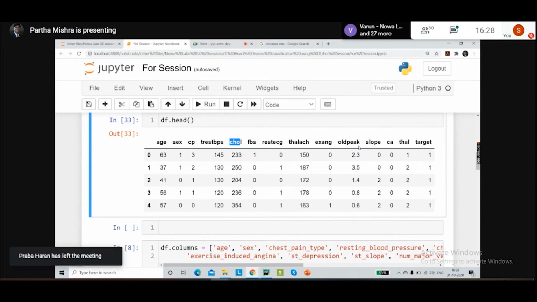For this, you can obviously take the help of the experts in your company, or, if this data has come from some kind of hospital, you can always go and talk to those medical experts and try to understand what each of these terms actually means, what the maximum and minimum value of each of these terms would be, and which of these 14 variables are extremely critical when it comes to the heart condition.